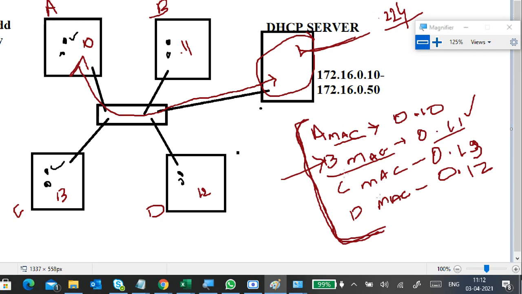That binding option is there. You have to bind it, so when B sends a request, give this IP address only, and don't give this IP to anyone else. Then B will always get the same IP address. Like that we can bind it.